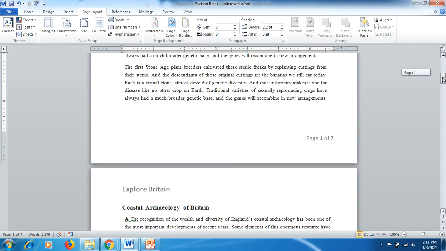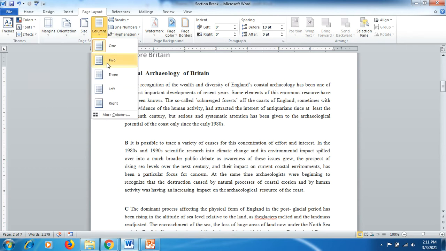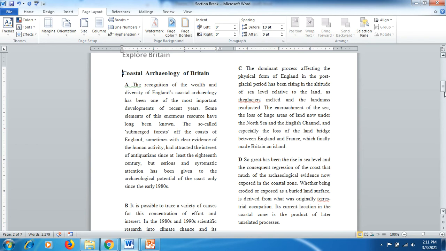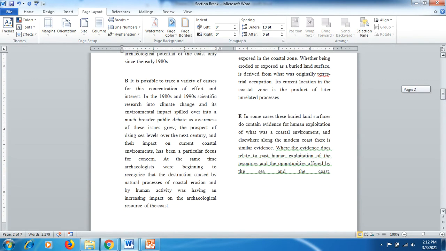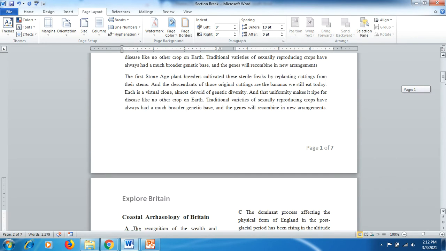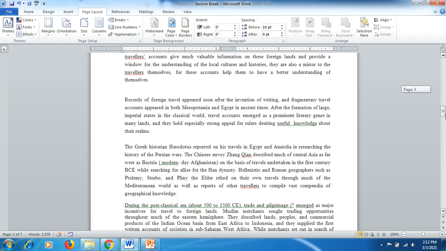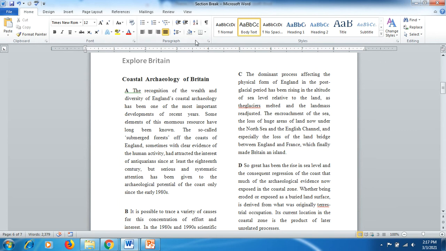Friends, we have already applied a section break to page 1 to 3. So in the second page, I click in front of coastal, then I go to page layout, and here in columns, I click on 2. You can see the page number 2 is now being divided into two column sections, and the page 1 is as it is in paragraphs, and similarly the page 3 has been displayed in paragraphs. Moving further, friends,